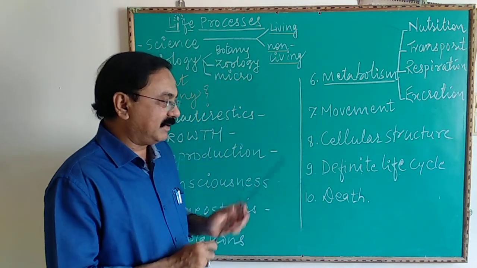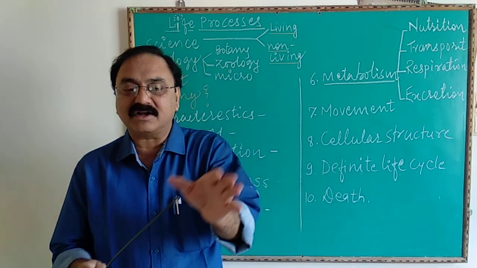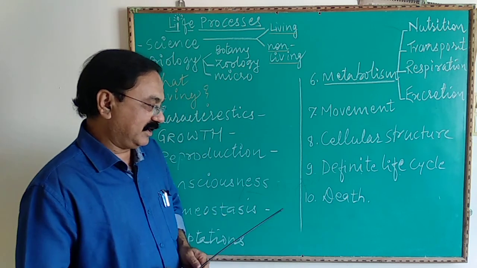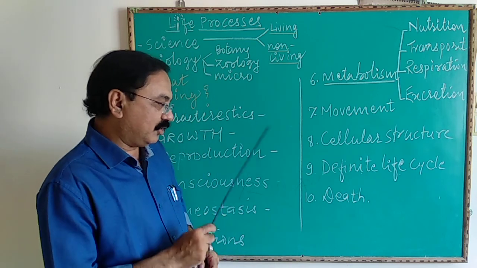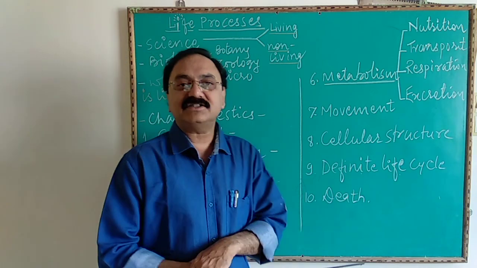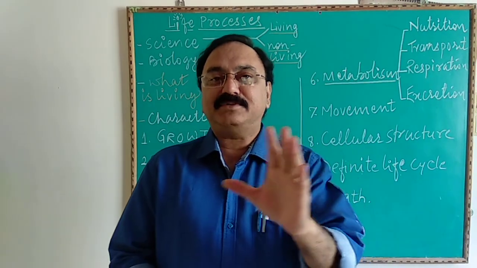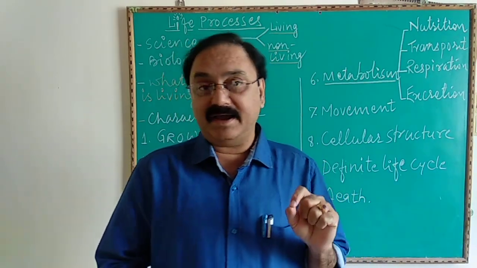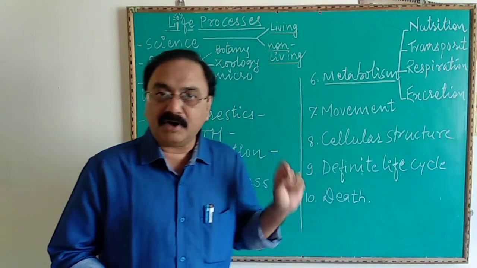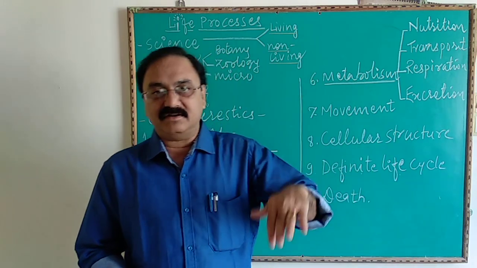Every living organism passes through definite stages of its development, growth, reproduction and death, that we call a definite life cycle. And the most important aspect, finally, that also plays an important role in the characteristic picture of a living organism is death or senescence. Every living organism has a definite lifespan, which is determined by its genetic material. And this death is important to replace the older living organism by the new one.